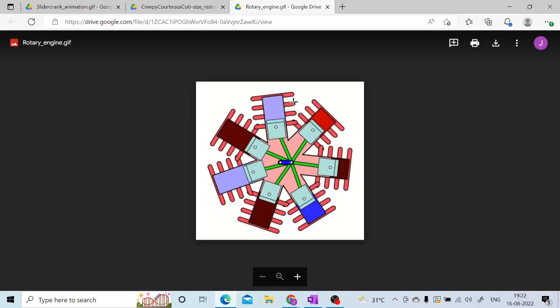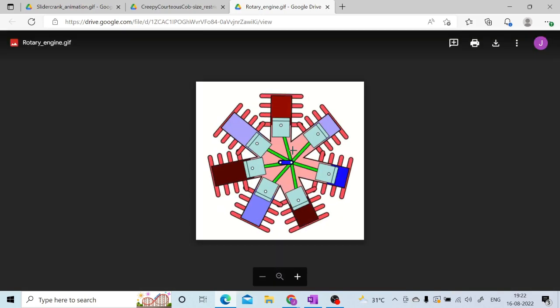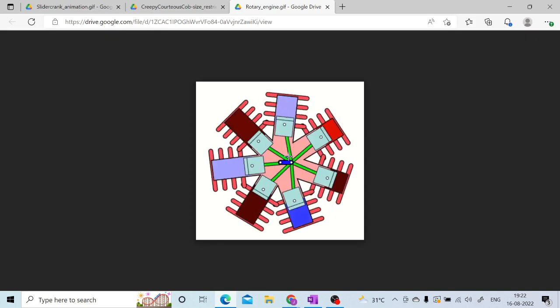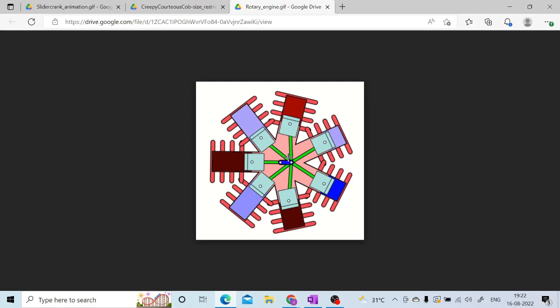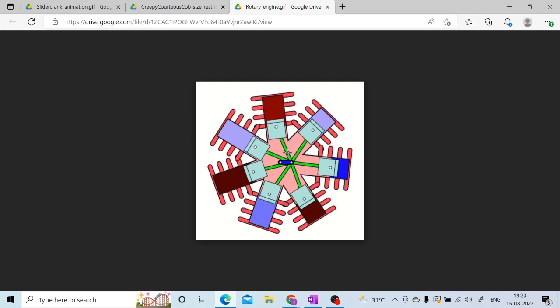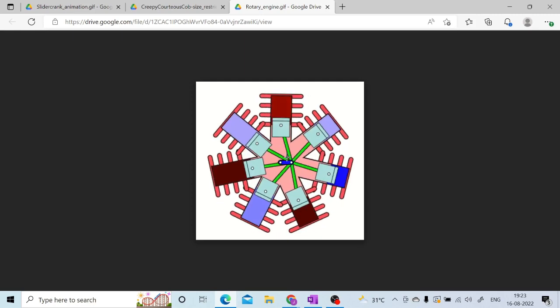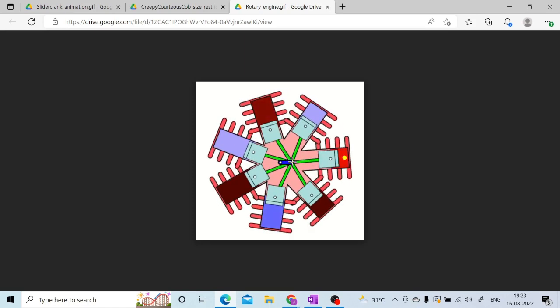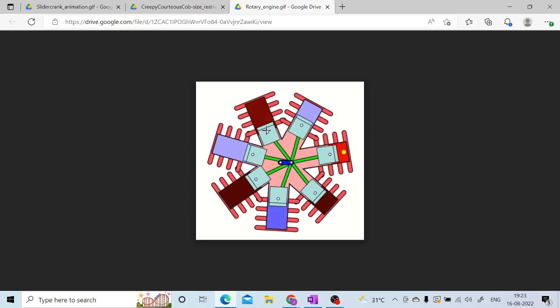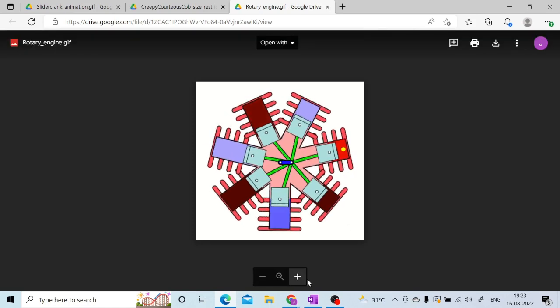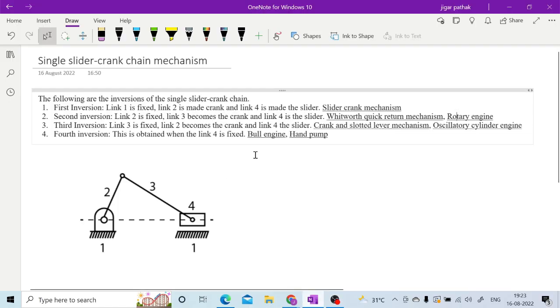So here you can have your crank fixed, and you will get different power strokes according to the rotation. Here 7 cylinders are there, and one crank is fixed, and according to that, the connecting rod is having this power stroke at different times, and this is how this rotary engine is working. So after that,